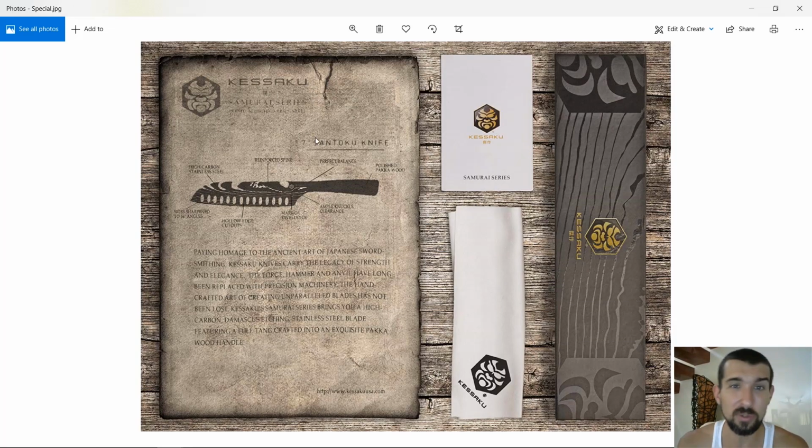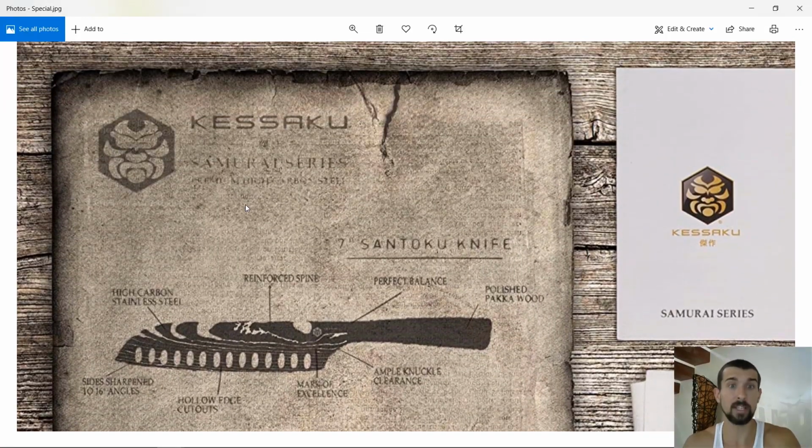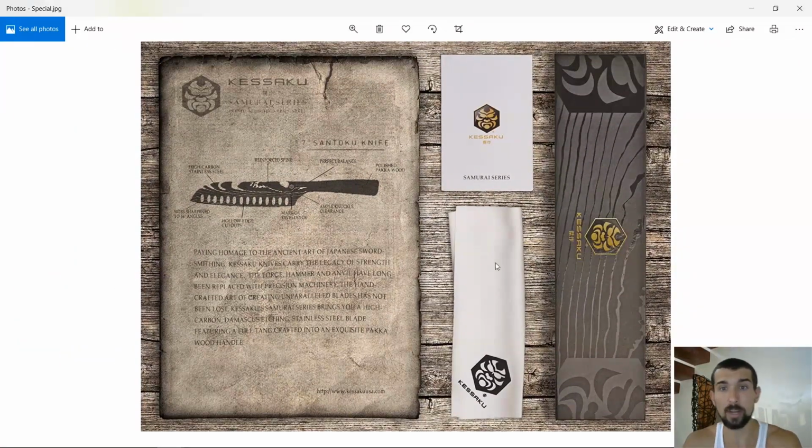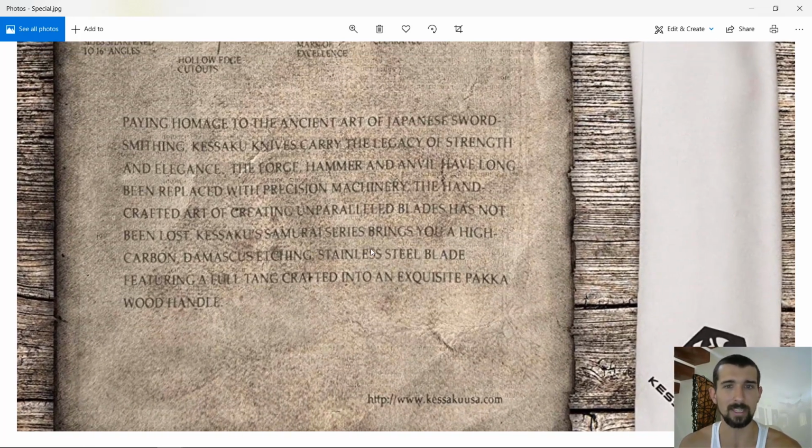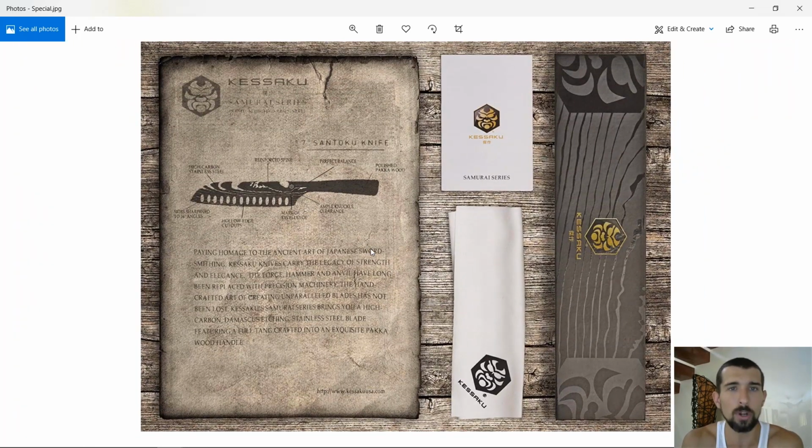The next thing I saw is the Kasaku knife. The Kasaku knife features this really beautiful insert inside. We have the insert here and some other things that come with it. But look at this Samurai Series. Look at how awesome it is. It shows a totally different story for their brand. It's like, wow, this is cool branding. If you get the idea here, I think it's pretty awesome and you're allowed to do that. Just enjoy and play with it as you wish. Let's see the next picture.